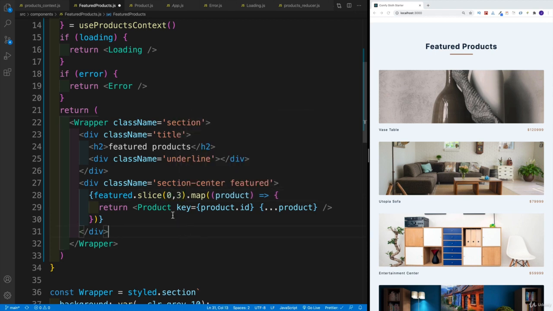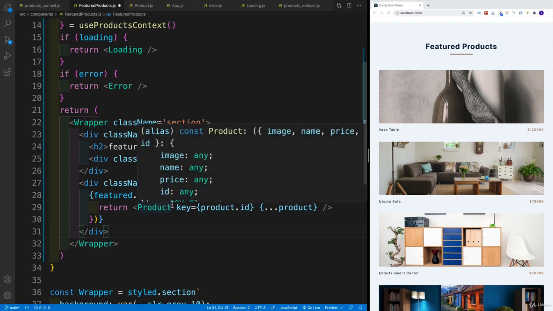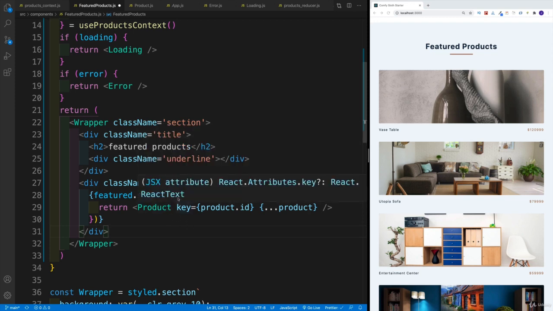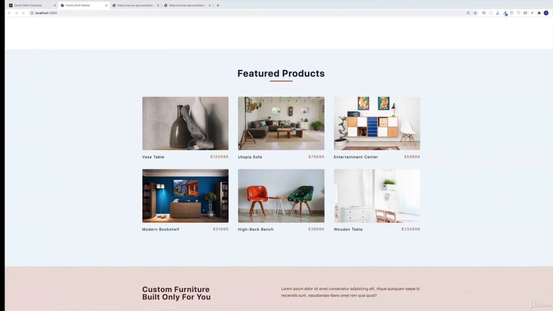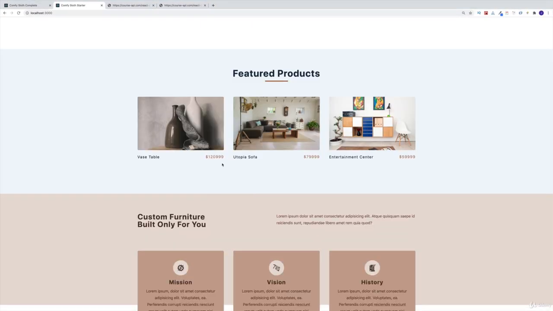So this is just going to grab items with indexes of 0, 1, and 2. So 3 is not included. So that's why in my case, I'm going to have an array, or I guess a list of 3 featured products. Beautiful. If we see our products displayed nicely on our screen, we're in good shape, and we can move on to the next step.